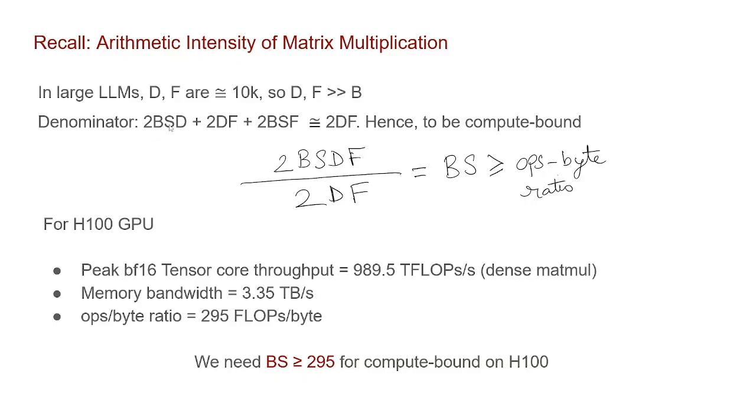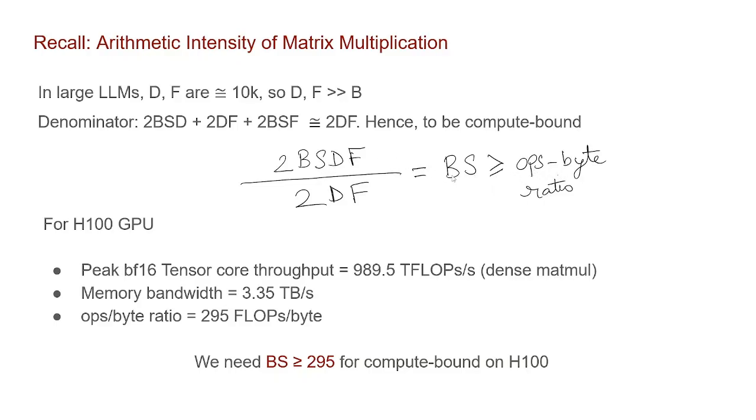So in our denominator, we can ignore 2BSD and 2BSF because they are much smaller than 2DF for reasonable context lengths S. So not for very large context lengths, but for somewhat smaller context lengths. Now our condition to be compute bound changes to B times S being greater than the